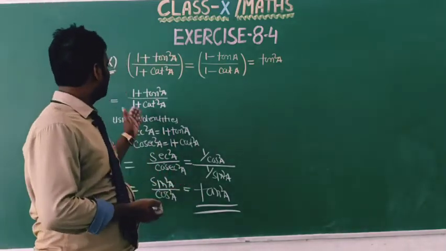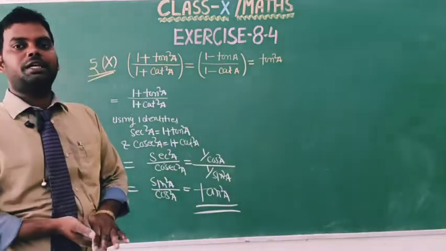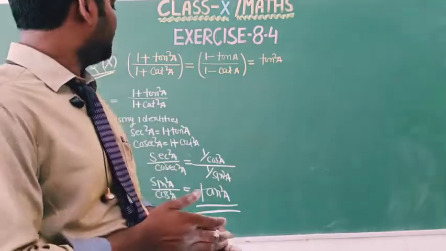So 1 plus tan square A upon 1 plus cot square A is equal to tan square A,